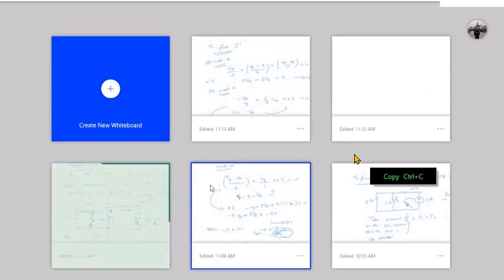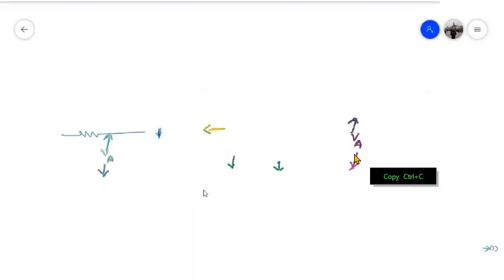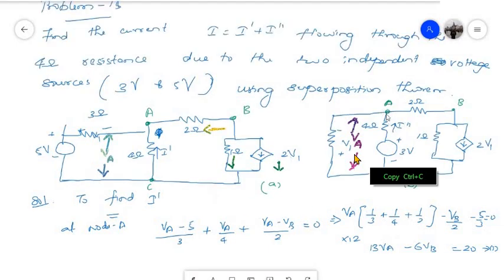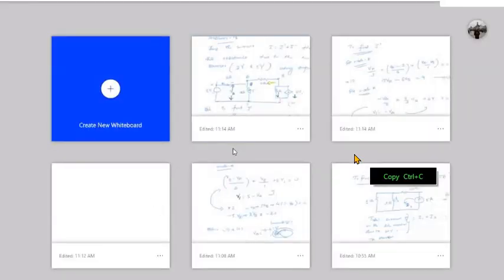Again, when you go back to this circuit, what is this I double dash? I double dash is nothing but minus of VA minus 3 by this 4 ampere. During the analysis, the direction of the current that we have taken is actually in this direction, but in your question, the direction is already given in this exactly opposite direction. So therefore, when you finally try to answer what is I double dash, you should take that into consideration.